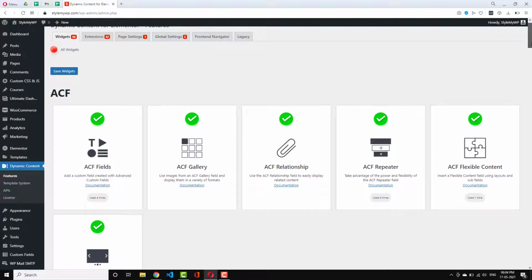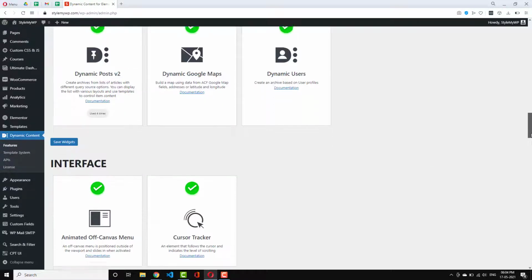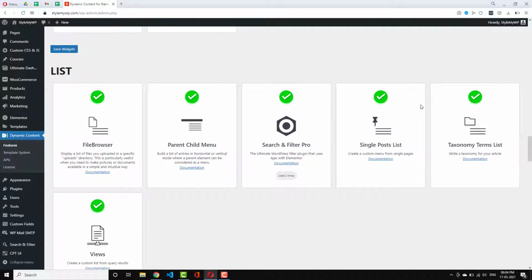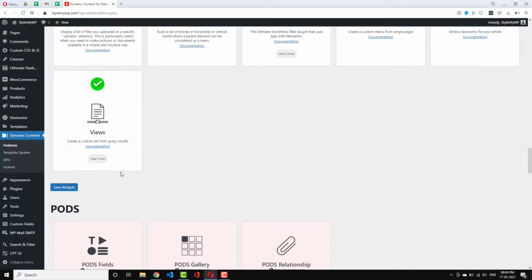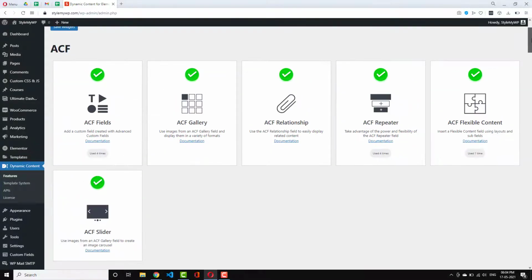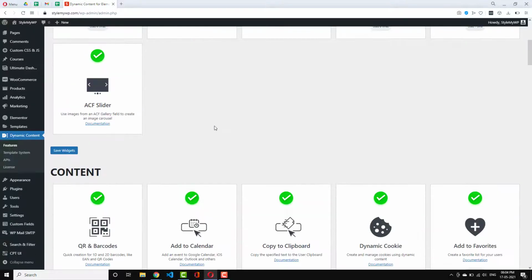your Elementor panel to load faster. So if you want to make it load faster, you can disable all the features that you don't want to use by using these buttons like this. When you click any of them, just make sure you save the widgets, and it will be gone from the panel. So this is how it works, and we are using